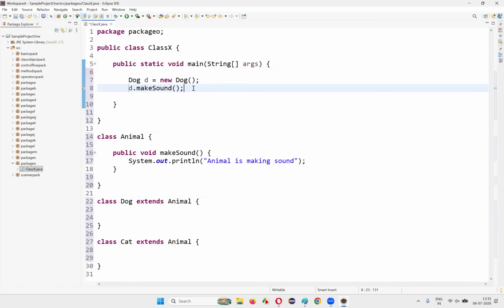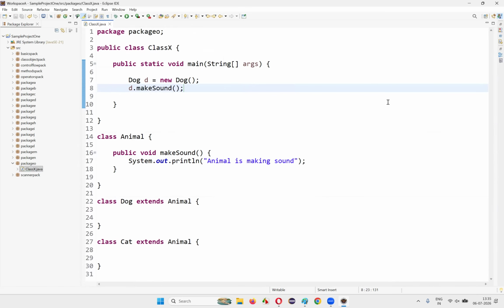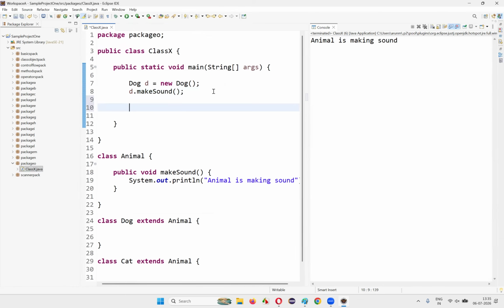If I use this object reference to call this make sound, if I run this code, what will happen? Animal is making sound will be printed. Just see here, animal is making sound will be printed. That's great. Now, similarly, if I create an object for the cat class, Cat c = new Cat()